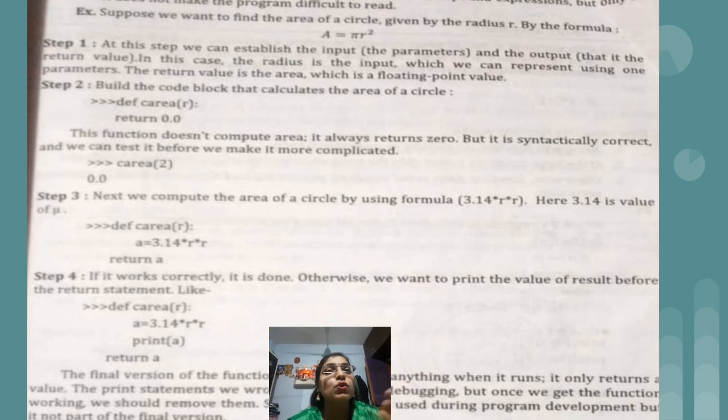And if you don't want to use the print a statement, then when you call the function C area, you have to store the calculated value of the C area function into a variable, and then display that particular variable in the print function. So this is one way you can write the same program.